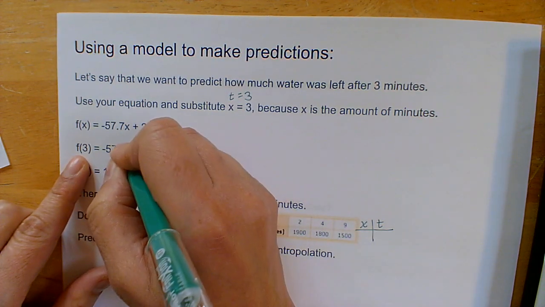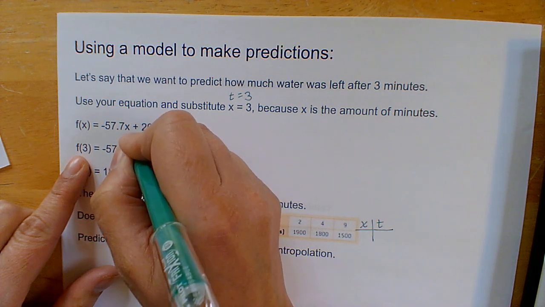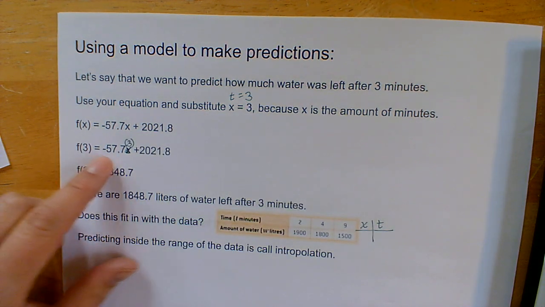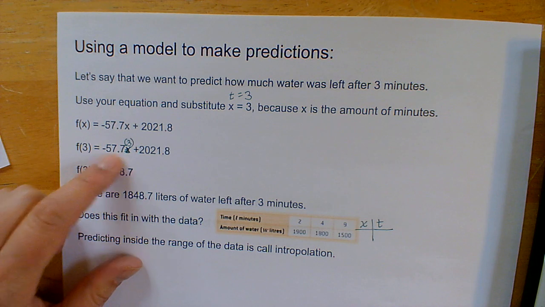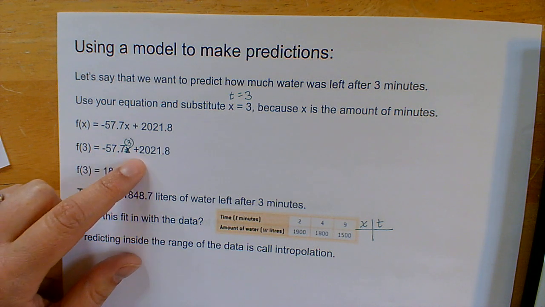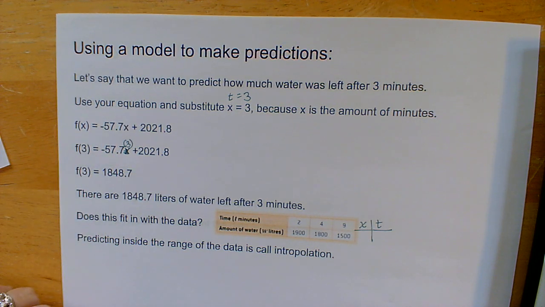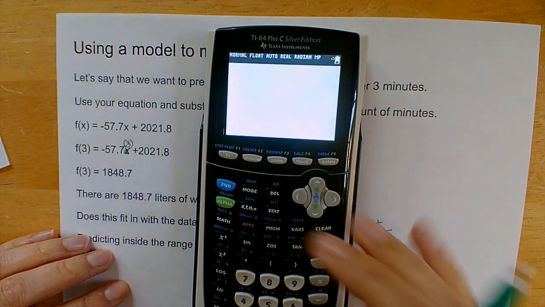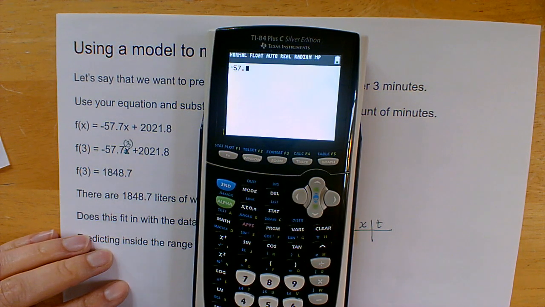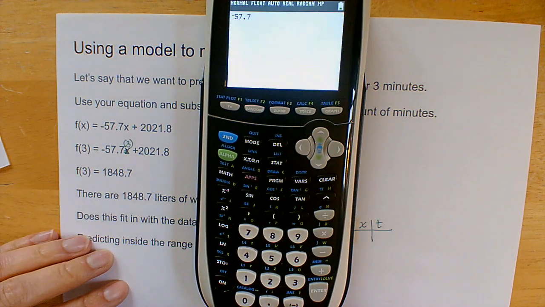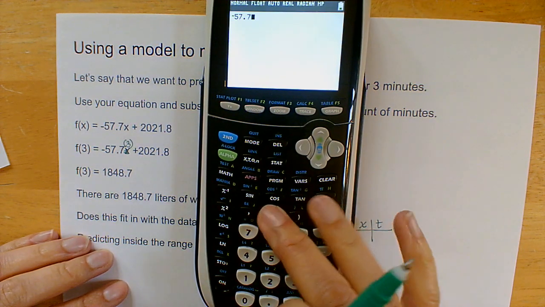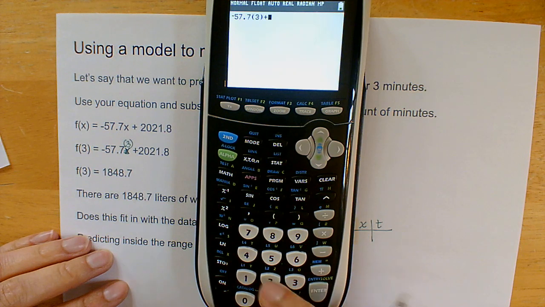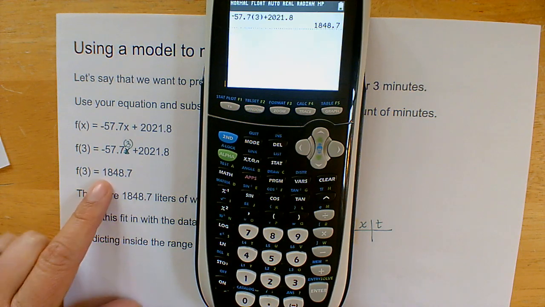And so in place of this x, I'm going to put 3 as well. So this is going to be negative 57.7 times 3 plus 2021.8. And when you do that on your calculator, negative 57.7, remember that negative button is all the way down here, times 3, I like to use my parentheses as my multiplication, plus 2021.8, we're going to get